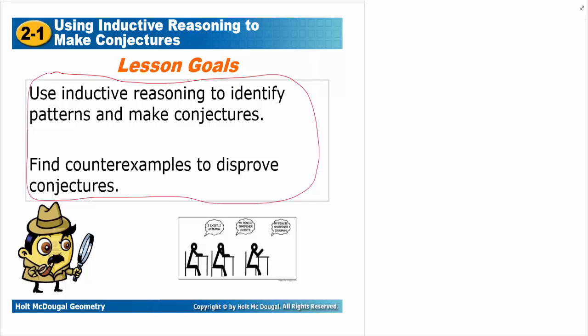Okay. So here we go. Let's get started. We're going to do some real easy patterns here. If you're writing this down, we're going to do a few different patterns in a row. Again, find the next item in the pattern. Those are going to be the directions for the next few slides, so we don't have to keep writing that down. All right, so what we need to do is look at the list that we're given and